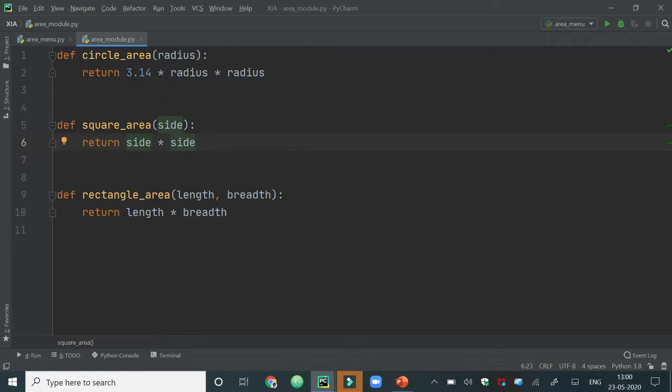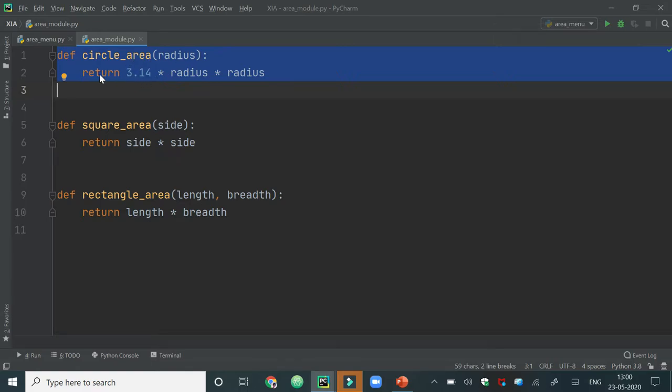So here in the first line, I have declared one function, circle area, which takes radius as an argument and returns the value of area after calculation using the statement 3.14 into radius into radius.